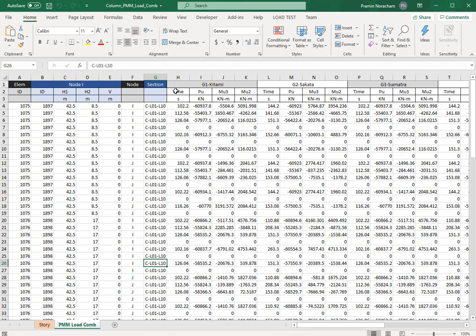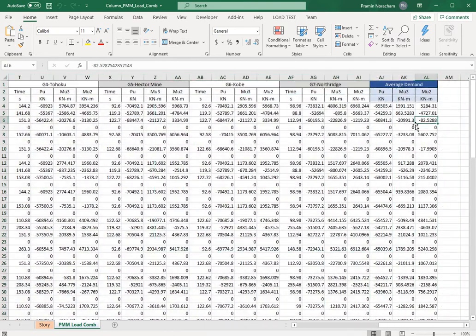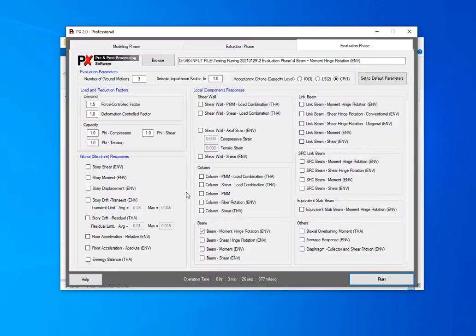The number of ground motion will show in here. To prepare this sheet, you can use this tag, column PMM load combination. For more detail, you can go back to see the user manual in this section.